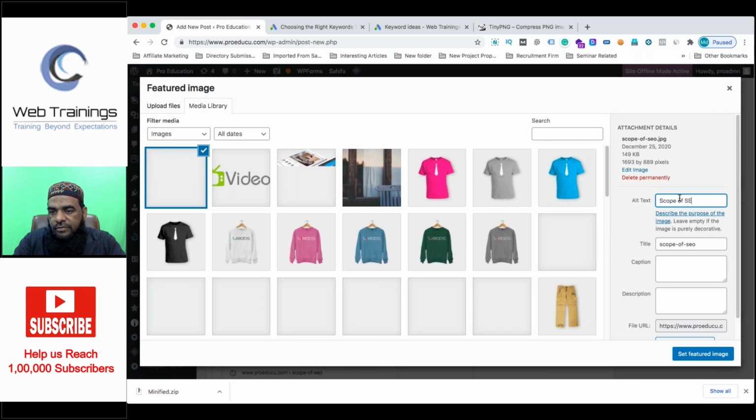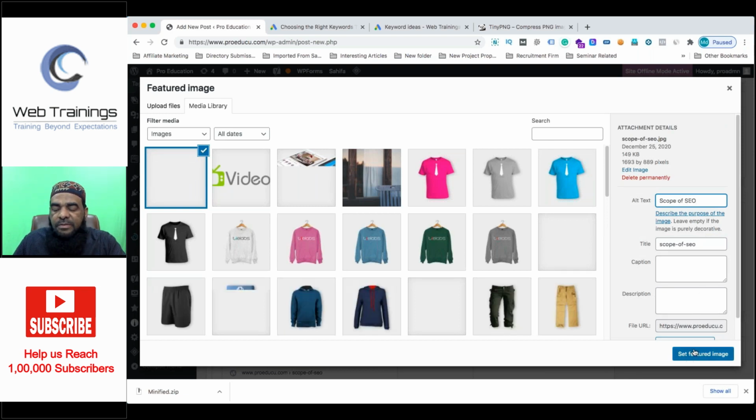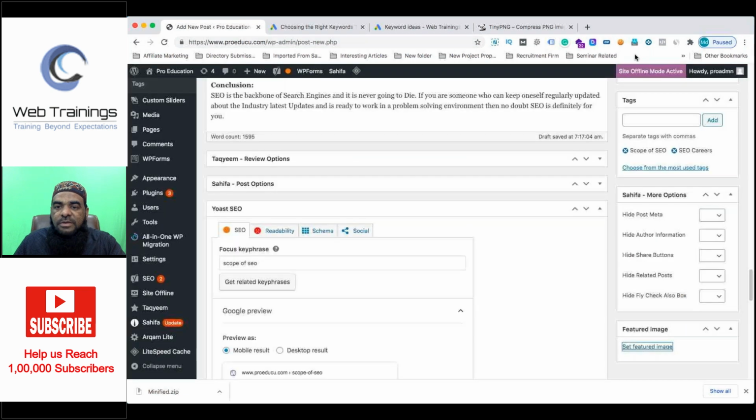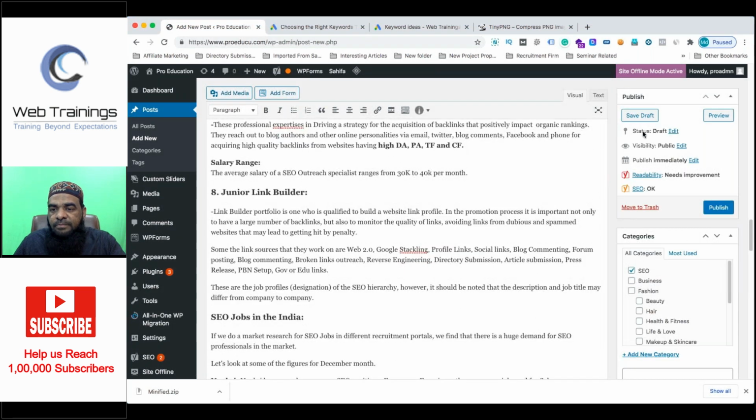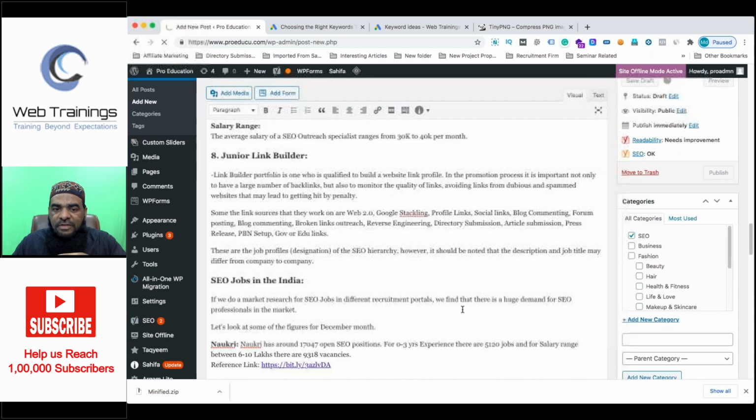Scope of SEO. But basically here, image search may not be that useful. Image search will be useful when we are working on other aspects, like image-based websites. It will be very helpful. Now you look at the overall option. I will say save draft. Now we also have to work on internal links, but unfortunately we don't have any other pages now to give an internal link. This is the first article.